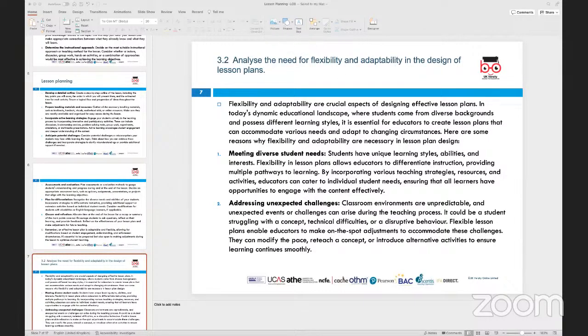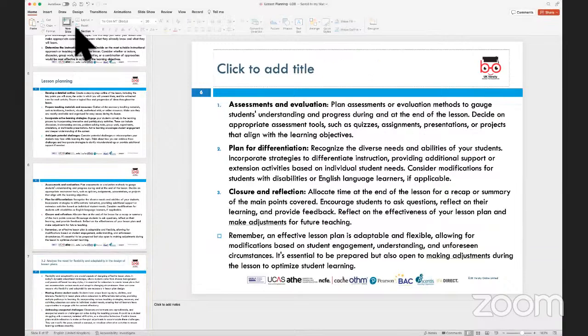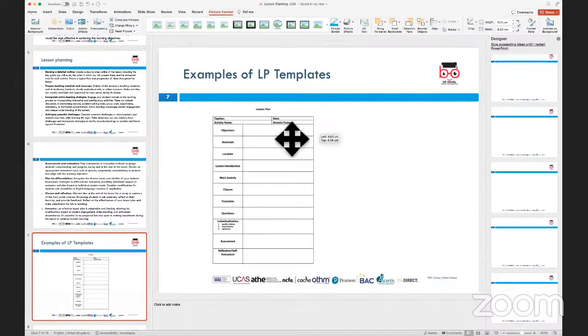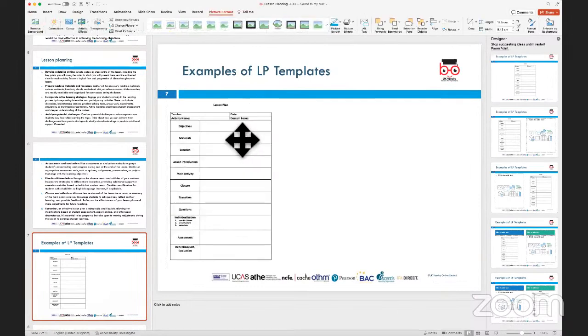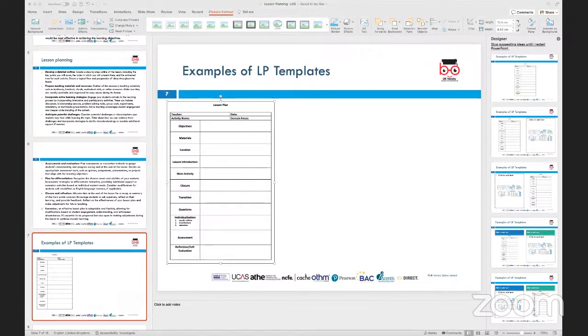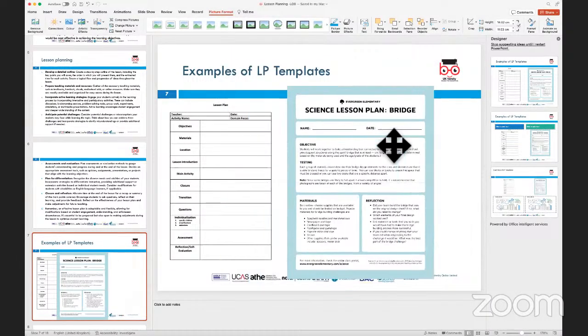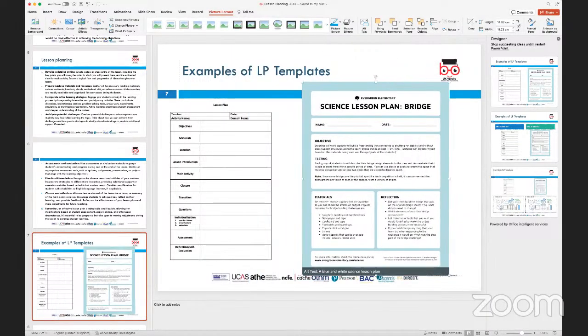Before I move on, what I want to do is drag in a few examples of lesson plan templates. As I mentioned, they could be relevant to different sessions or different types of subject areas that you're teaching. So I'm just dropping a few in for you to see what a lesson plan template should look like